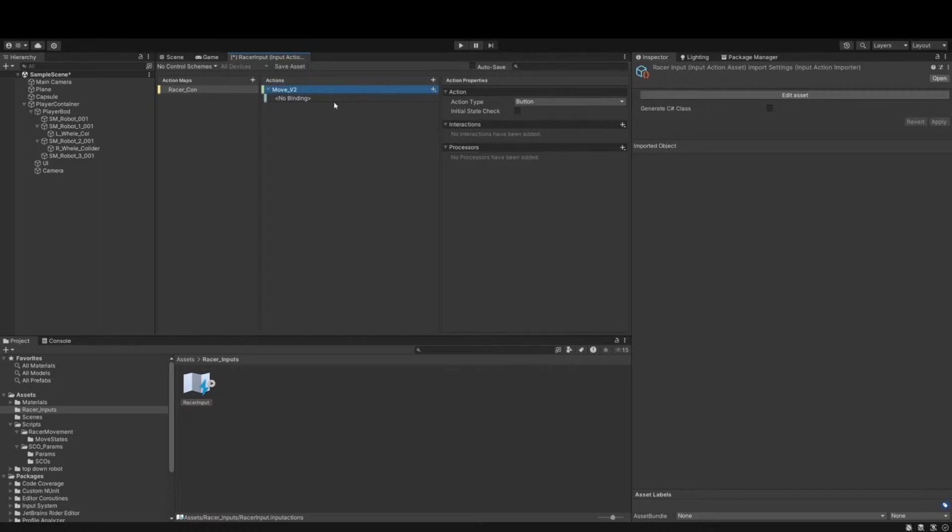So for move v2, we don't actually need a button. We need a pass-through value, and we need a type of vector 2. We could do vector 3, not really worth it. And what's our interactions? I'm just going to leave these blank for right now, but you can add interactions like when it's hold, when it's multi-tap, when it's press, when it's slow tap, that sort of thing. We're not going to use any of that for right now,